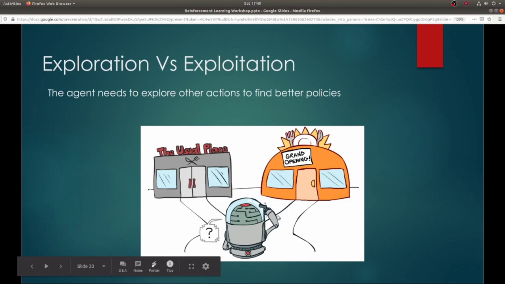This robot, there's a fork in the road for this robot, right? He usually goes to this usual place that he knows is good. He knows this place tastes good. Now he can try this other grand opening place, this brand new place, but this place might suck, right? He doesn't know whether this place is good or not. So what the agent has to do is choose whether to explore, so go to the grand opening, or just exploit what it already